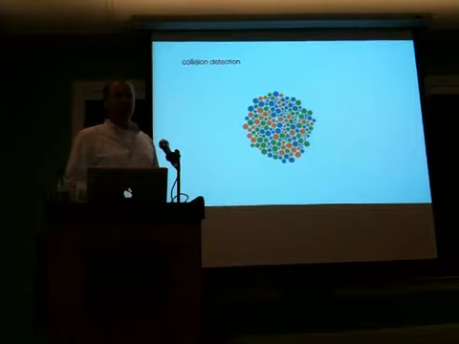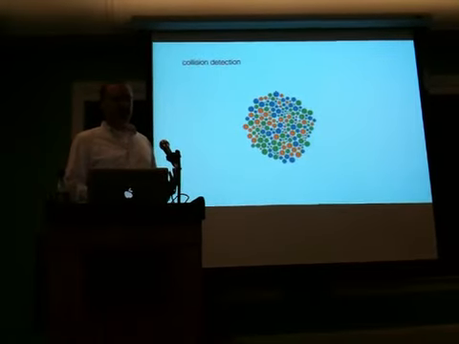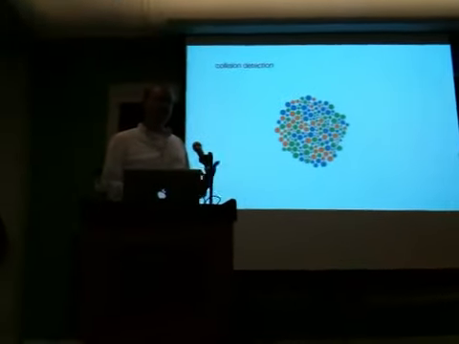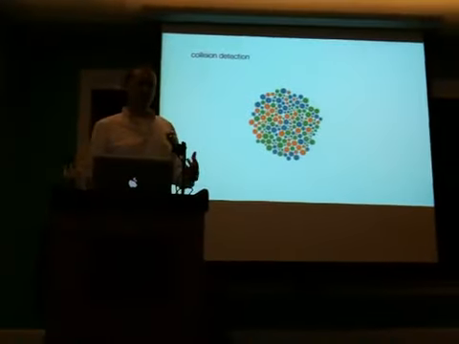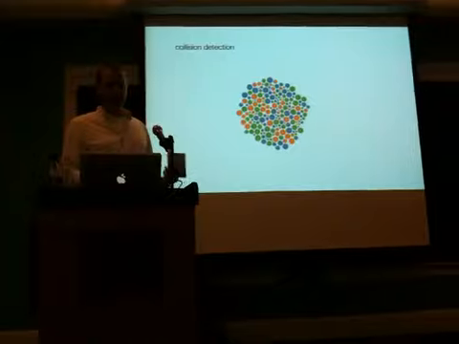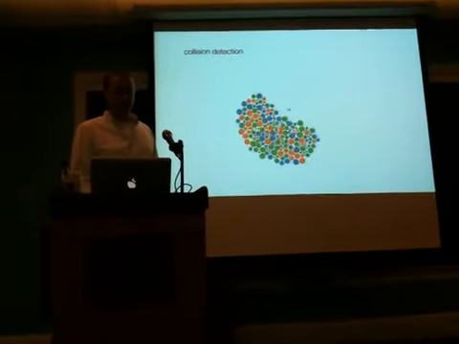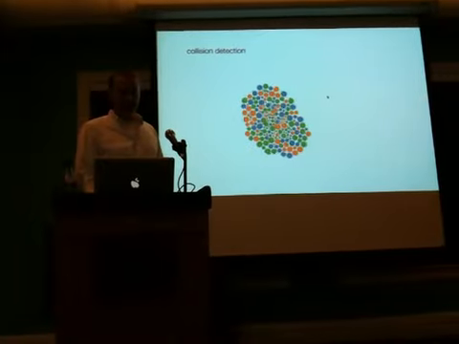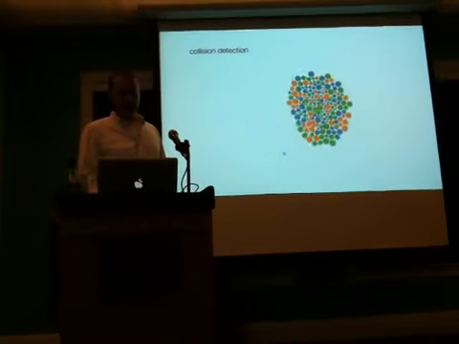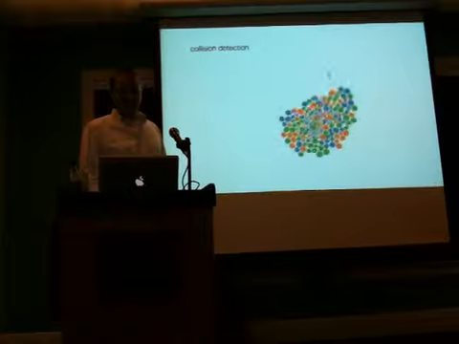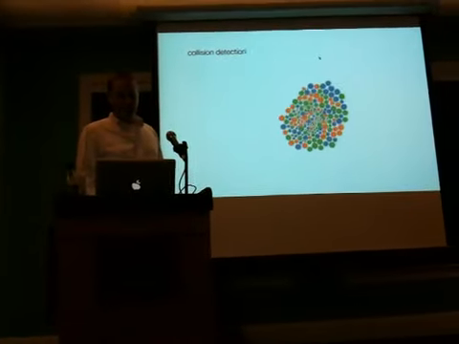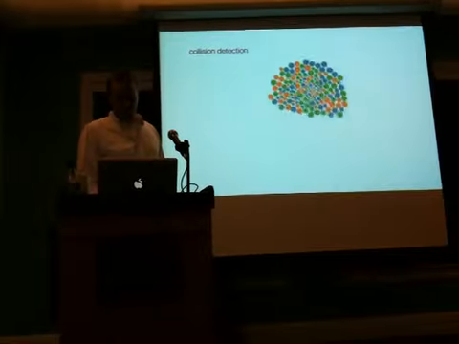Another technique that you can look at is collision detection. You can use charge forces to prevent nodes from collapsing on each other, but you can also use collision detection, which basically looks to see if two nodes are overlapping in space. So in this case, what I've done is initialize a whole bunch of nodes with a random radius, and then have one invisible node at the mouse location,